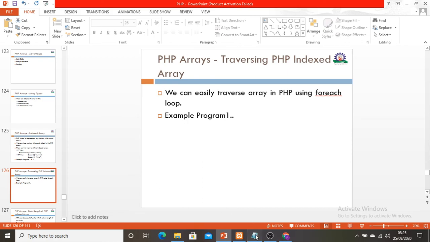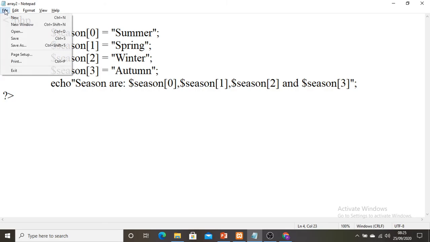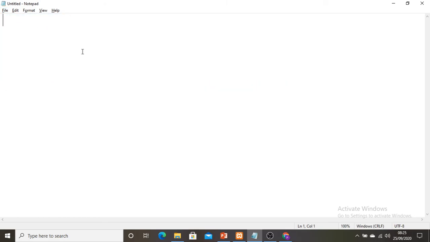So let me go to my notepad and just go for a new file. This is the PHP syntax here. I am taking one variable called $size, then array.